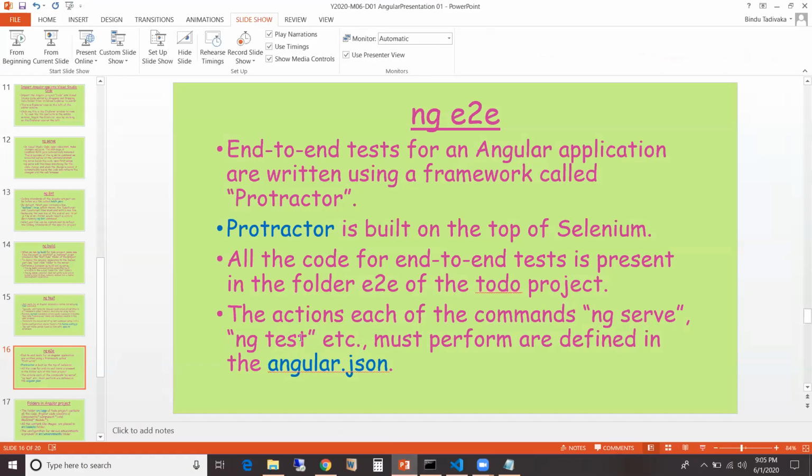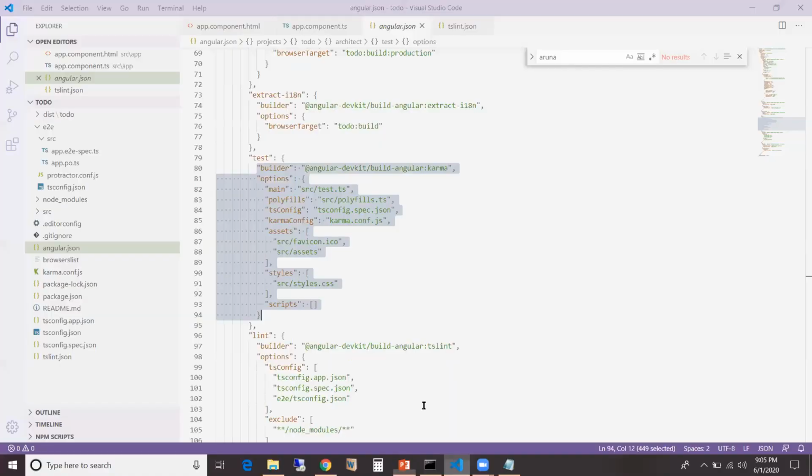What each of these commands should do is listed here. So that is about the angular.json file.